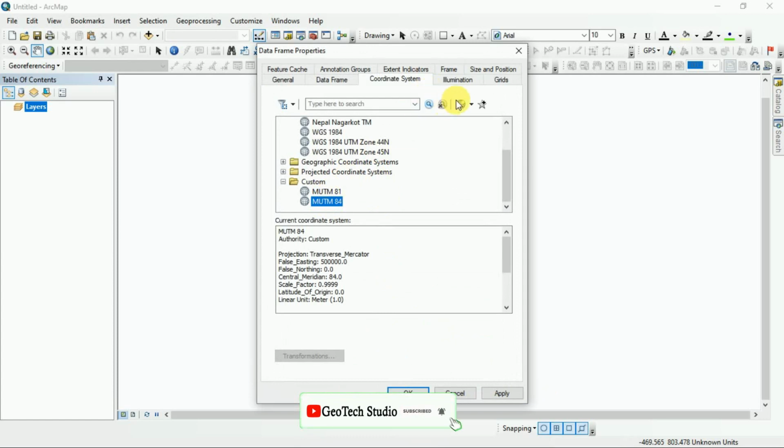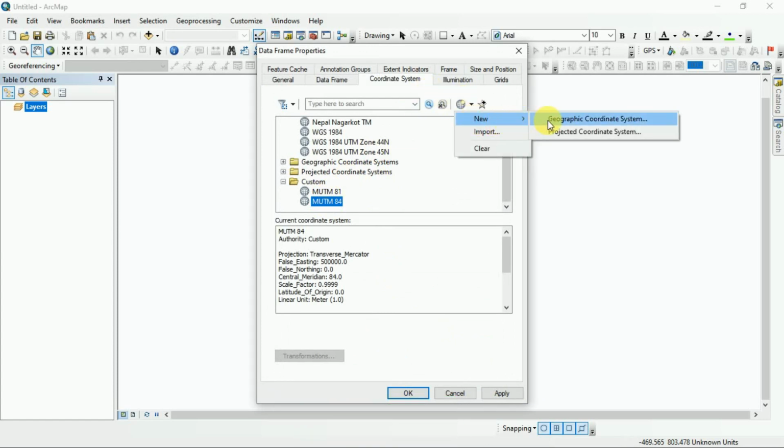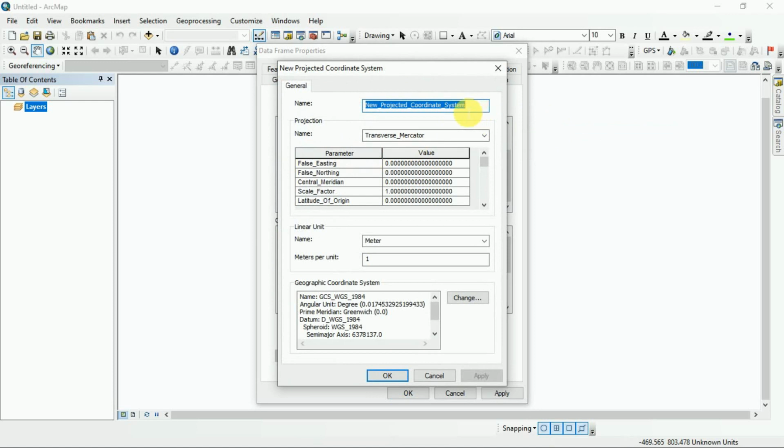Next I am going to create another one as I have done for Nepal. So you can see it here. It is based on 3 central meridians, 81, 84 and 87. You can simply see it here, 5 lakh, and here 87, and here the scale factor,